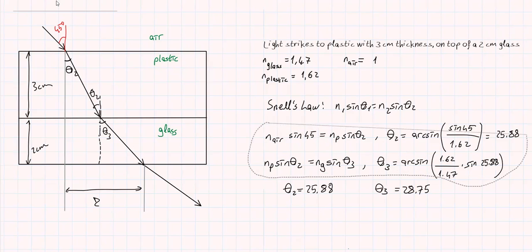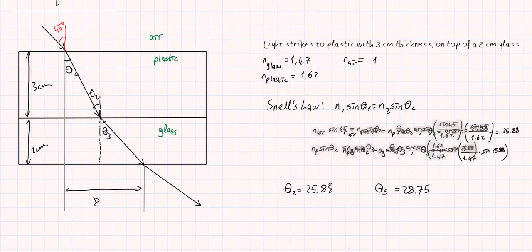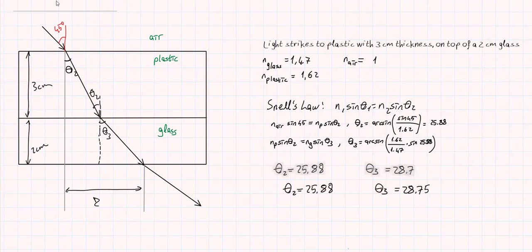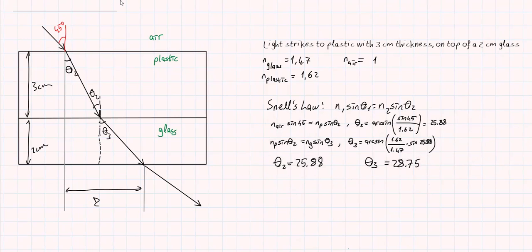I need to calculate the distance. I will make this smaller to save some space. To calculate the distance, I will do some geometrical calculations. I know this is 3 centimeters. Let's call this D1 and this D2, and say D equals D1 plus D2. So I know that D1 over 3 will give me tangent theta 2 here. Then I can say that D1 equals 3 times tangent